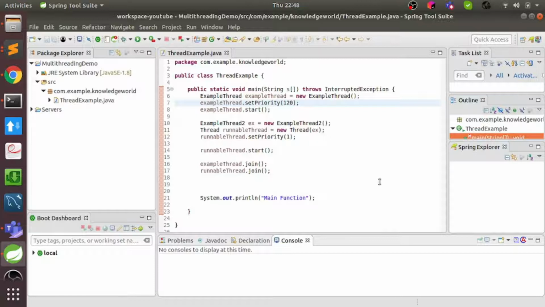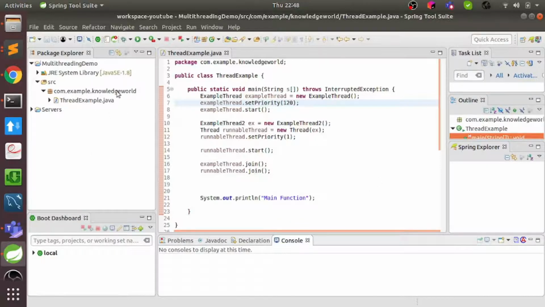Another is notify. As we have already defined, notify wakes up the thread which has been waiting. Two important points to note here: one, wait and notify should be called on the same object. Another, notifying does not mean the waiting thread will be woken up immediately, because those functions are synchronized. The thread calling the notify function has to complete its synchronized function, and only then will the other thread get woken up. Let's understand this with an example.